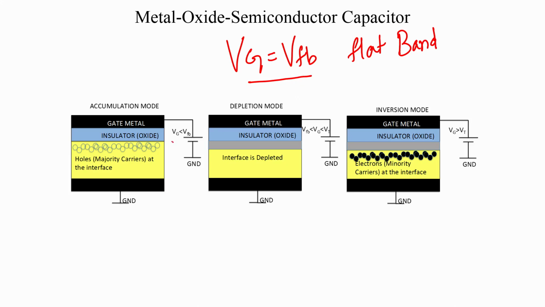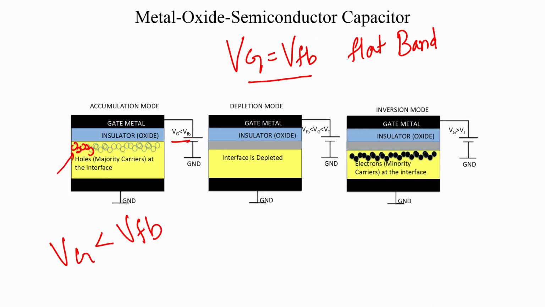When we make Vg less than Vfb, we bring the majority carriers to the interface. Here we are talking only about a p type semiconductor. The same arguments hold for an n type semiconductor, the only thing is you need to watch for electrons being the majority carriers and holes being the minority carriers. But here we are talking about a p type semiconductor. So, when Vg is less than Vfb, we bring holes to the interface. The holes start appearing at the interface,